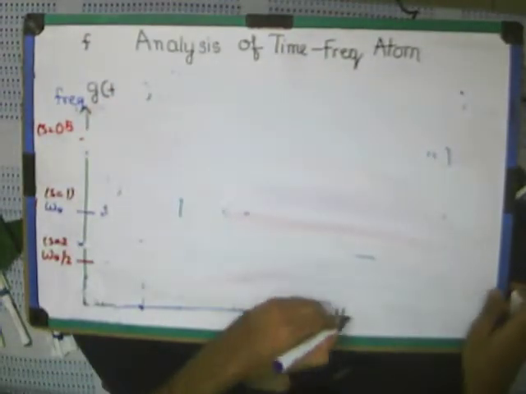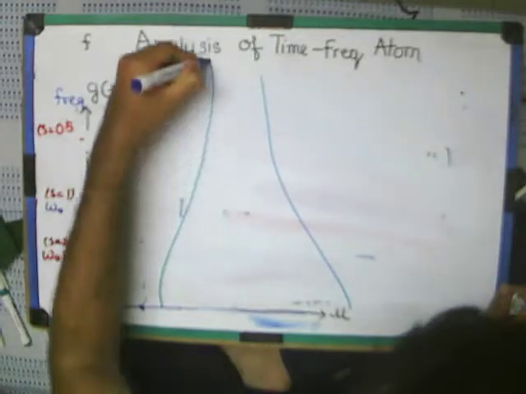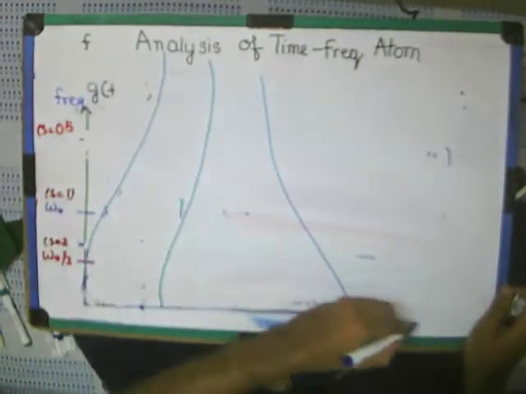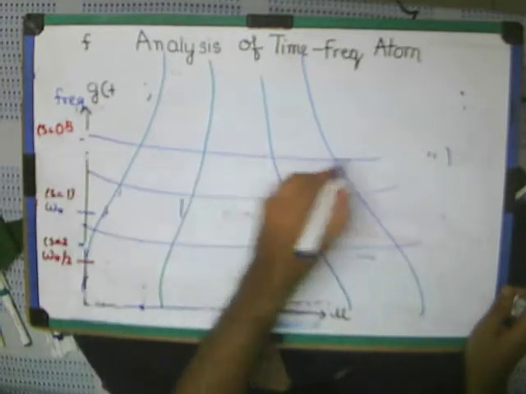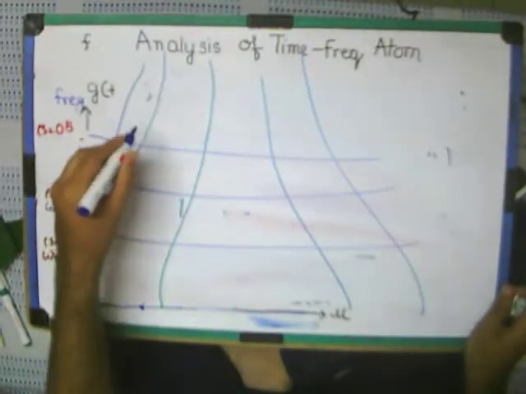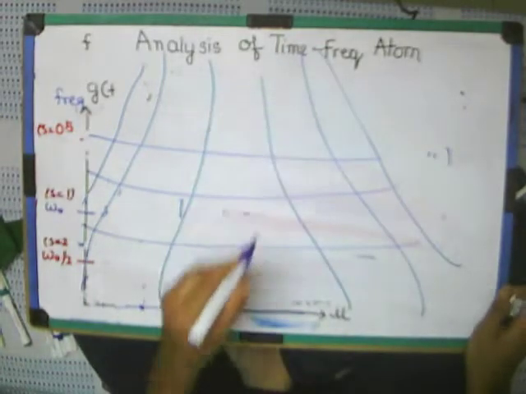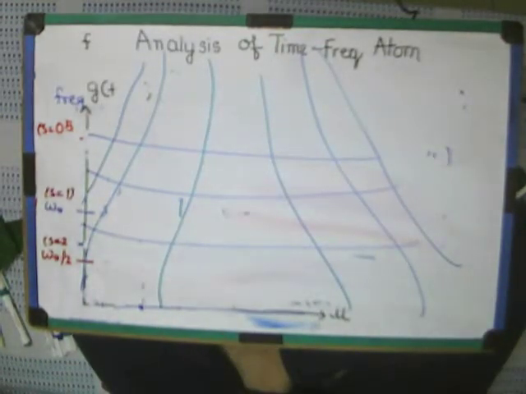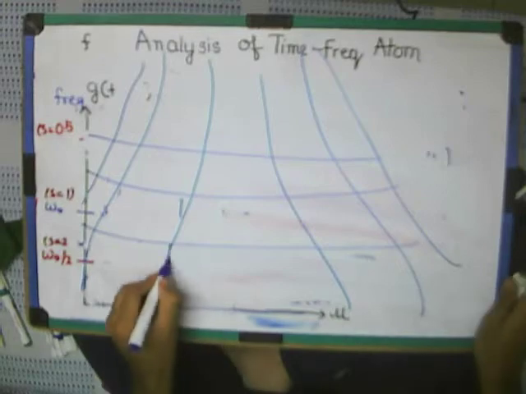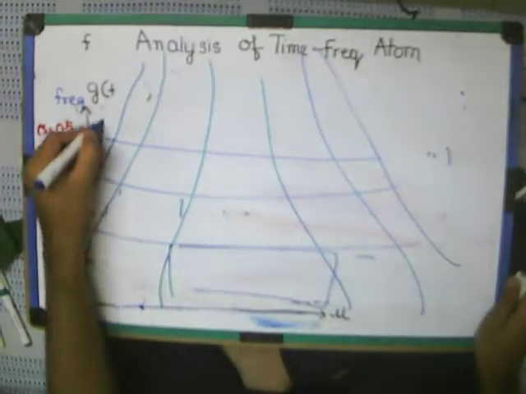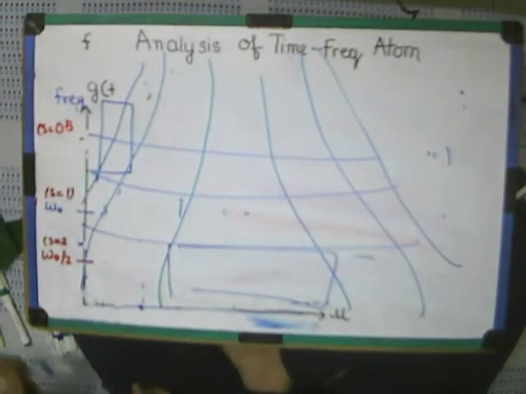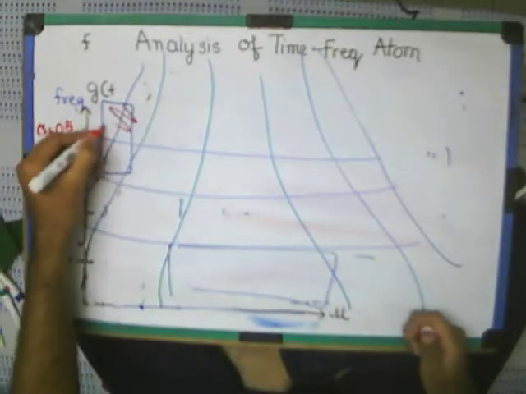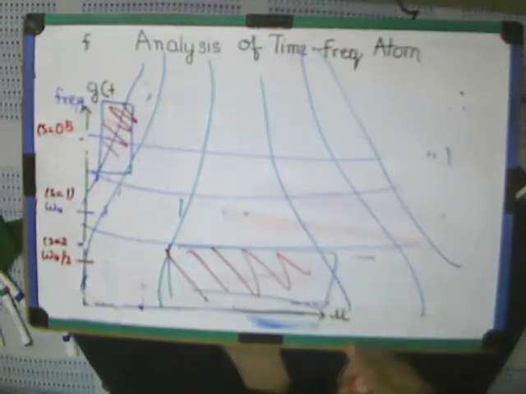Something like this. Okay, it becomes smaller and smaller. So some sort of this kind of graph is how it is, this kind here and that kind here. So the sigma t and sigma omega constantly keep changing in a very different fashion. Okay. So by this we